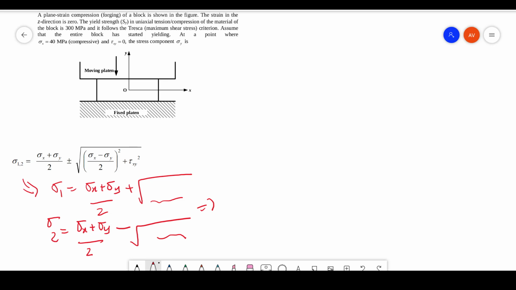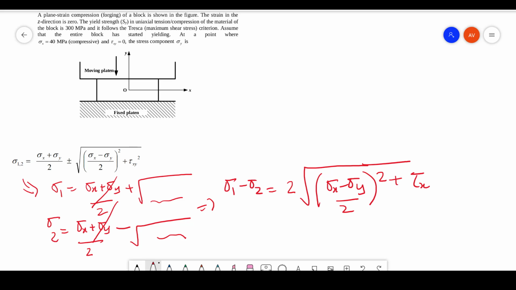So basically it says that your sigma 1 minus sigma 2 is going to be, so these quantities will get cancelled, so you will get 2 times the under root term. So you are going to get this